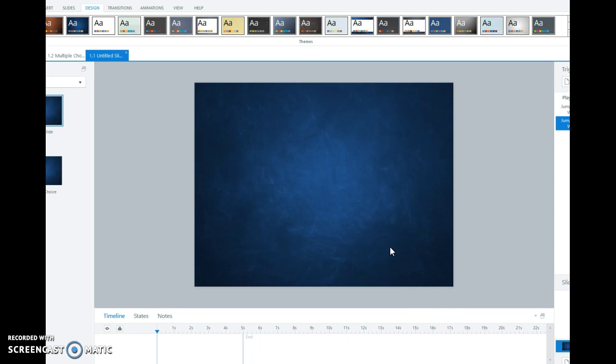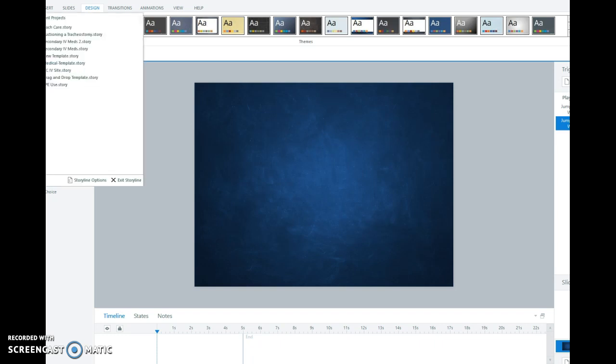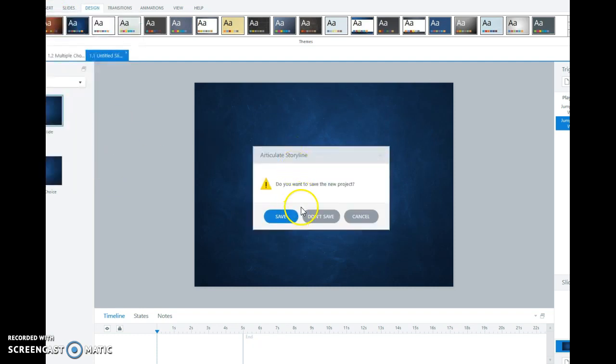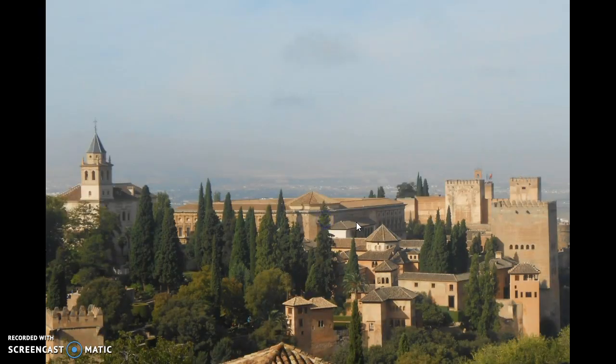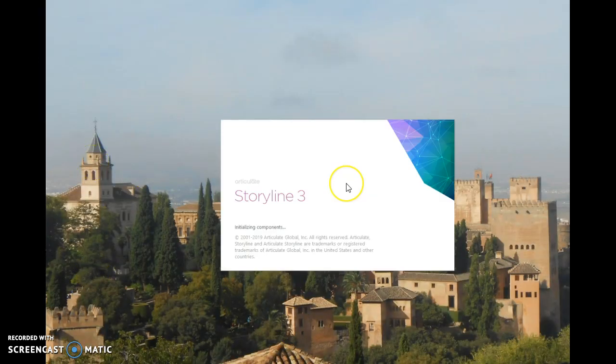I really have enjoyed working with Storyline 3, especially as a brand new instructional designer who honestly does not know what I'm doing half the time. I really enjoyed how easy it was to do this kind of thing without having any kind of experience. You pull up Storyline and you don't know what you're doing, and it kind of walks you step by step. One of my favorite things about Storyline 3 is the fact that there were so many online